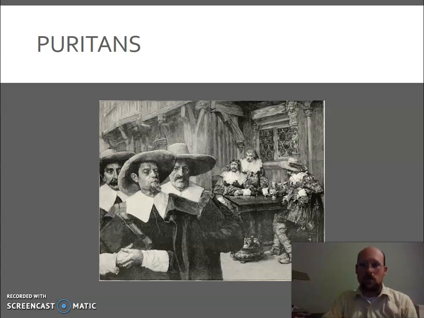We usually think about the Puritans in terms of the colonists who come over to the New World, but Puritanism was really a branch of the Anglican Protestant movement that wanted to purify the Anglican Church. They thought it was too Catholic-looking. They wanted to make it absolutely pure Calvinist and Protestant. And Puritans at this point in England have a pretty significant influence in Parliament. So when James comes in, they're pretty distrusting of this guy who seems to favor Catholics.